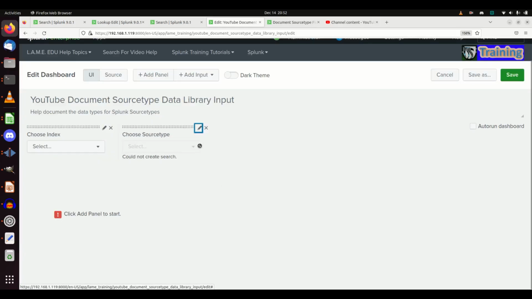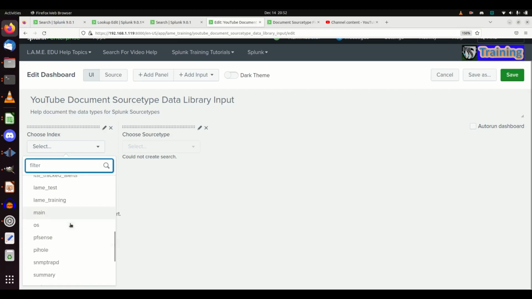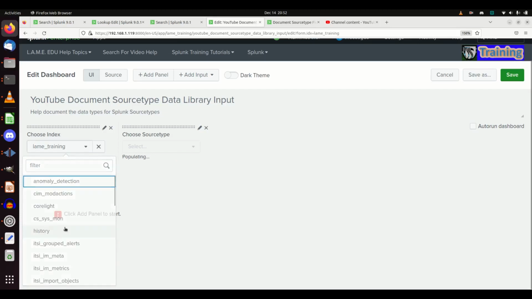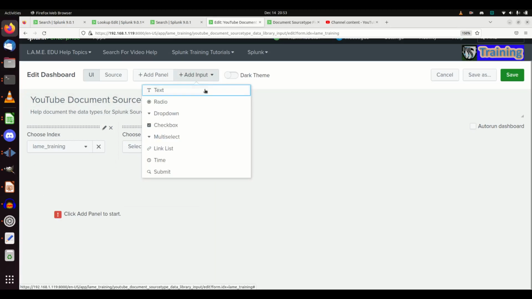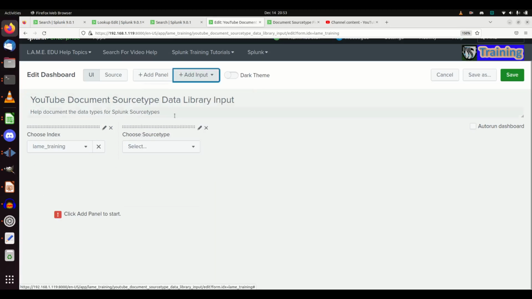It's no big deal. So if I click that, I'm going to click L.A.M.E training, and there are my 4 source types. Sweet. Next thing I need is the list of all the fields that are available to me in a source type. And so what we're going to do is make a new query, and that query is